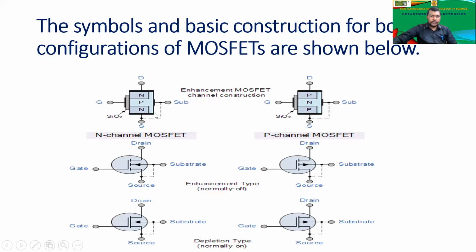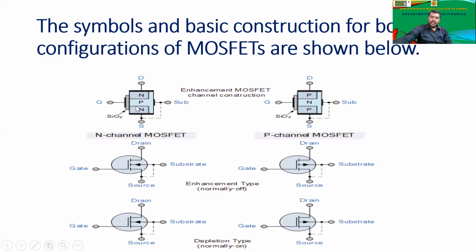This is the P-channel MOSFET, where we have N-type material and P is in between. This is the enhancement MOSFET, right? And we were not having any current flow. As soon as the gate is connected to, say, the positive terminal, negative ions, negative electrons, are going to come across this due to the capacitance effect, and the current will start flowing.